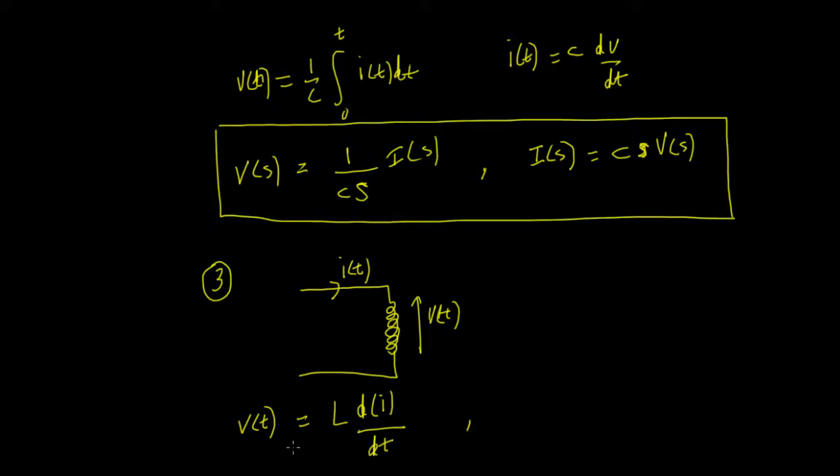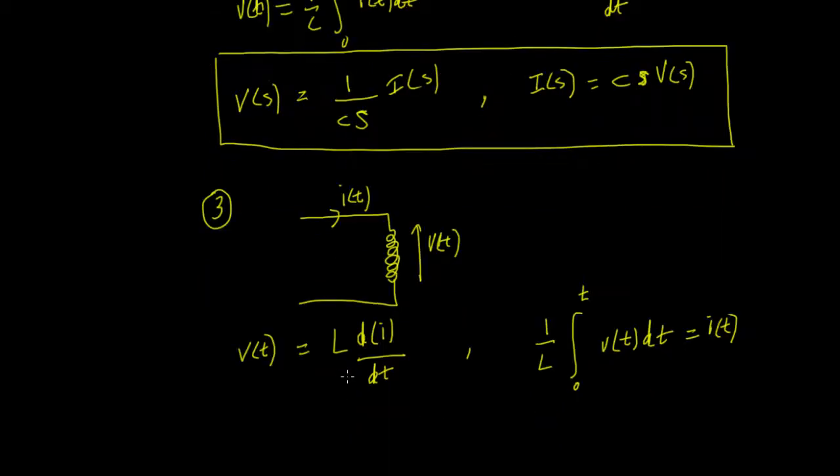So again we can rewrite that and find the integral of both sides, so you could say that would be 1 upon L, and it would be the integral from some point, say 0 to t, of v of t dt. That is just going to equal our current. So the inductor acts in a way to try and prevent the change in the current through the system. So you could write that as